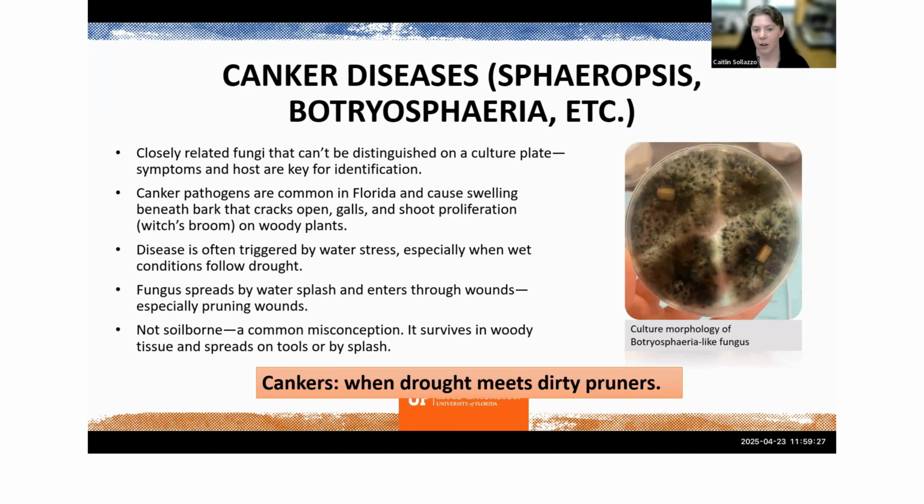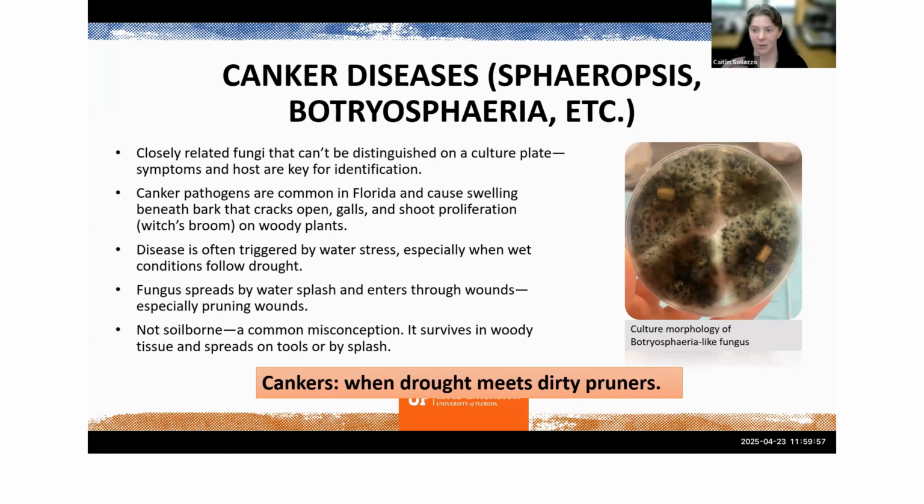And really what happens is underneath the bark, the fungus is growing, it's feeding, and it causes the tissue underneath the bark to swell. And then the bark will crack open. And that is what causes that typical canker symptom, which I'll show you on the next slide. But it also sometimes just causes swelling, which is more of like a galling growth. Also, sometimes it causes shoot proliferation and witch's brooming symptoms, which is basically when instead of one bud, you have